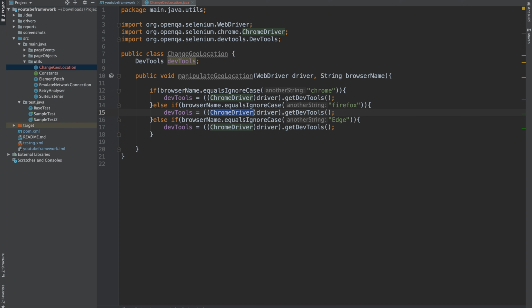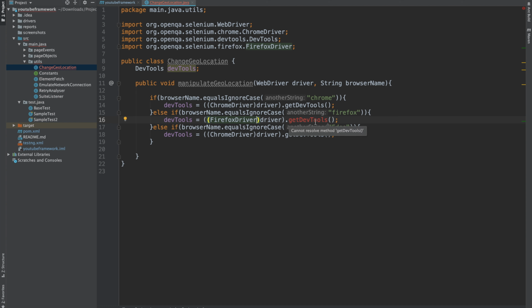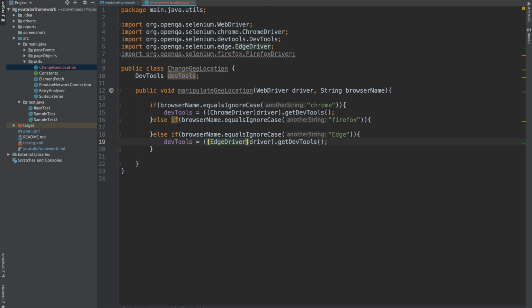So what we will be doing, we will be writing Firefox here. And now you can see that the error is again here because currently the DevTools is supported by the Selenium for the Chromium based drivers, which can be Chrome driver or the Edge driver. So currently DevTools is not present in the Firefox, so we cannot really do that in the Firefox right now. It might be possible that they will be supporting the Firefox driver as well in the future. But currently I am removing this particular line of code from here. And now if I write Edge driver here, you can see that it will be supported. So yeah, you can see that there is no error. So we have assigned the value to the DevTools.